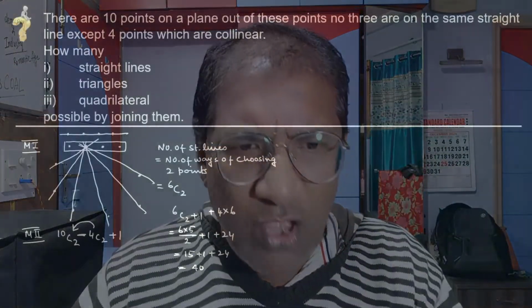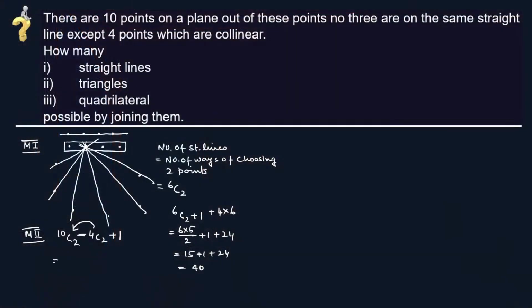That has to be subtracted because no such lines are formed. So I have subtracted that. But one thing for sure, that one line will definitely pass through those 4 collinear points. So that has to be taken into consideration, and that is the reason why I have added 1 at last. So the total number of lines that can be formed is 10 into 9 by